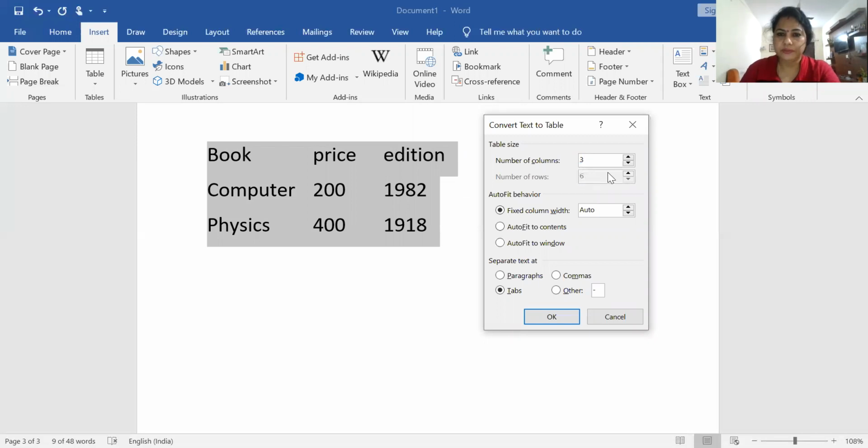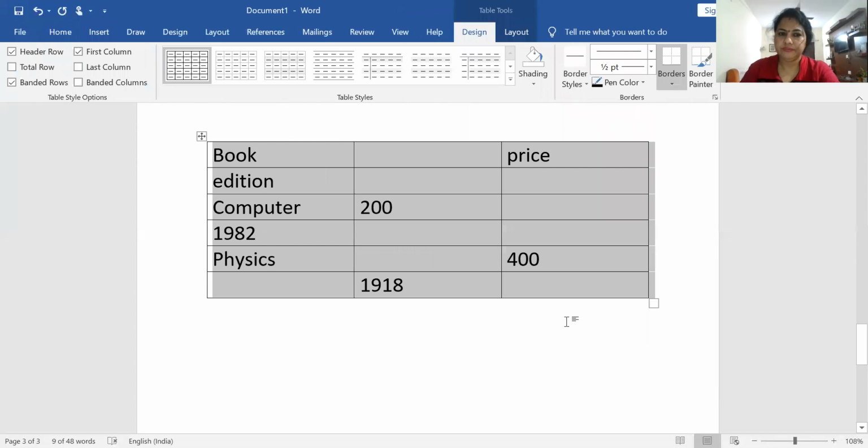The number of columns will be 3. Now just look here, it is also not coming perfectly.